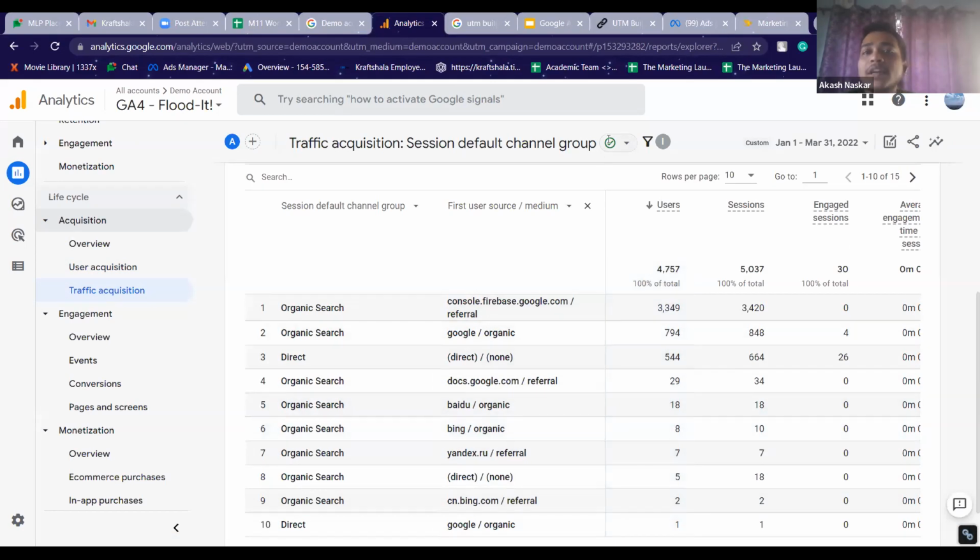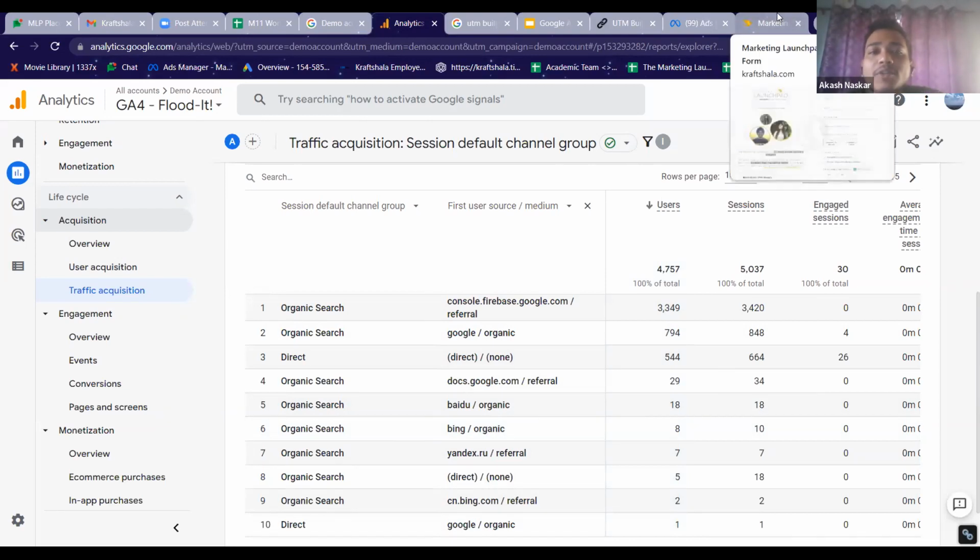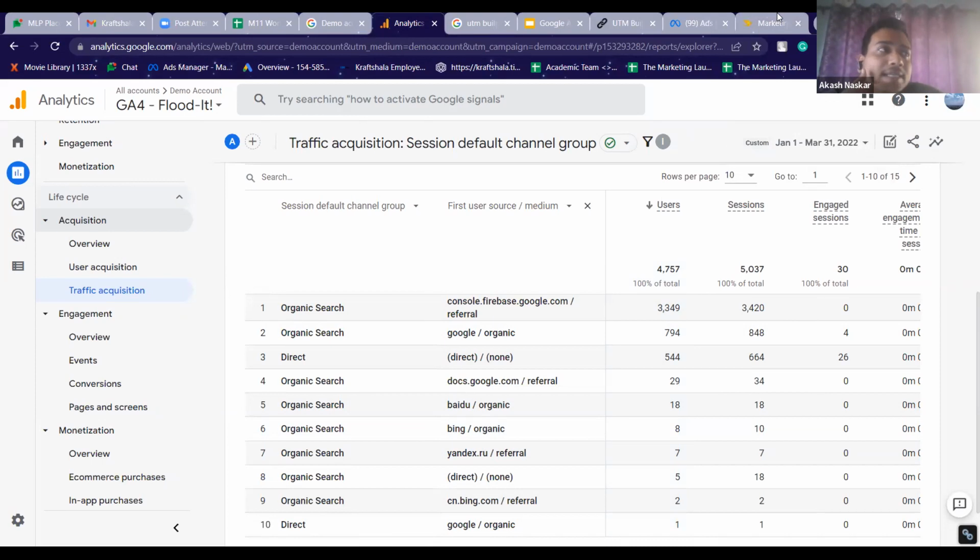So this is very important when you want to optimize your landing pages, because for example, let's say you're a brand currently selling 5 different products, right? You are running ads for all 5 of them, and all 5 have different landing pages. Now, let's say one product is not performing well, and you want to optimize that landing page. For optimization, first you need to understand how many users it is getting, and from where the users are coming and conversions are not happening, right?